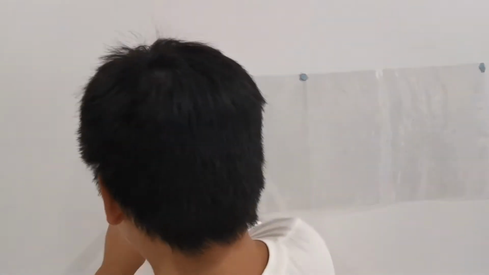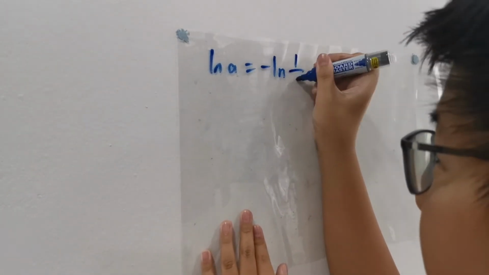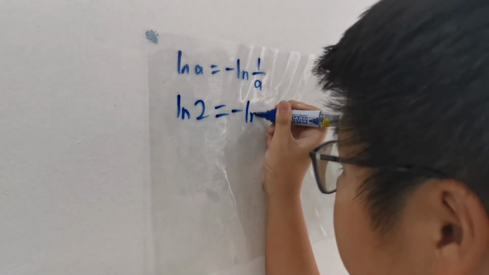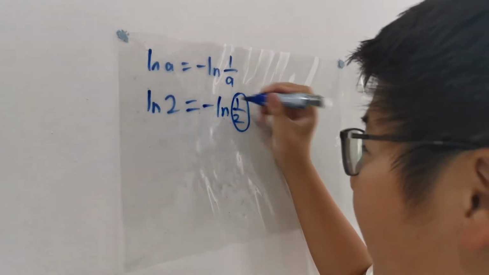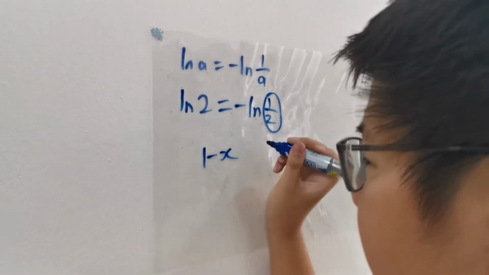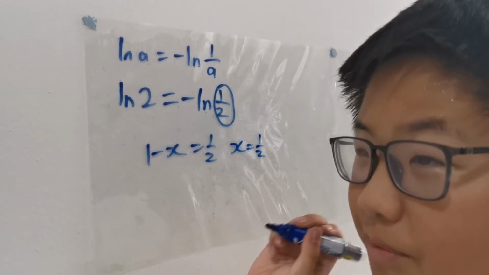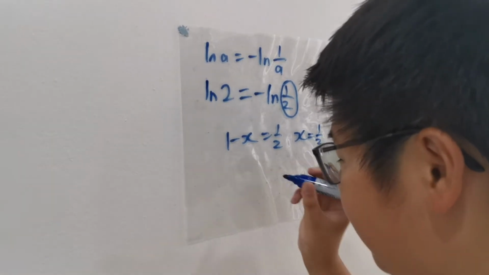Now, this is without a calculator, so we can use the Maclaurin series given to us. Using the logarithmic identity, ln a equals minus ln 1 over a, we sub a is 2. Because it says mod x is less than 1, that's why we use half. So 1 minus x equals half, x equals half. Now, summing half into the Maclaurin series will give us